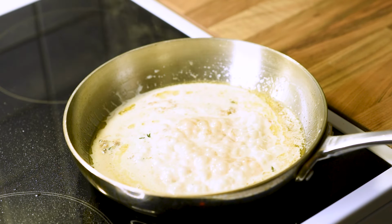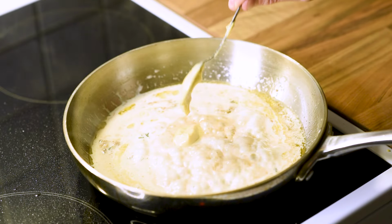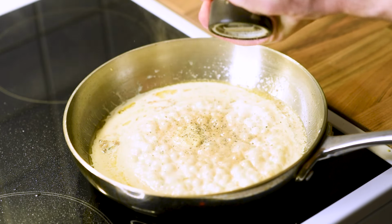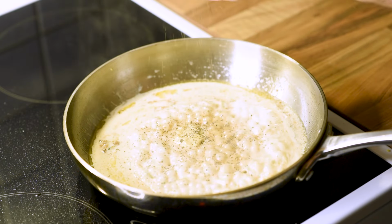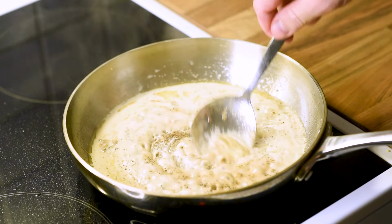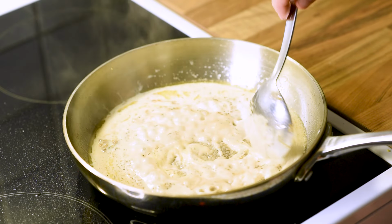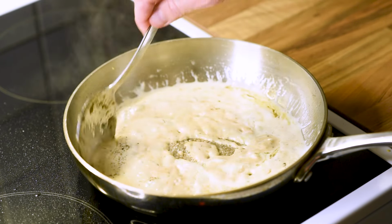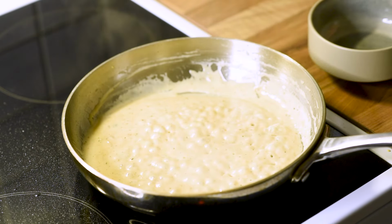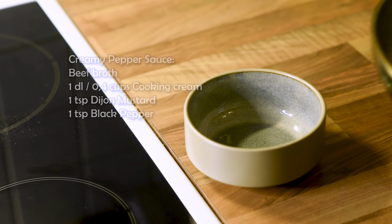So leave the broth on the pan, then add 1 deciliter of cooking cream, 1 teaspoon of Dijon mustard, about 1 teaspoon of black pepper. And then just mix it and let it simmer a bit. And we are using here medium-low heat so it doesn't burn. And after a minute or two, just take it off from the pan to some little cup and serve it